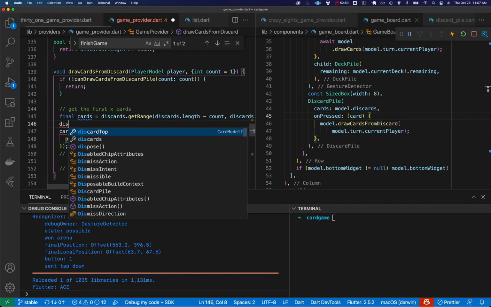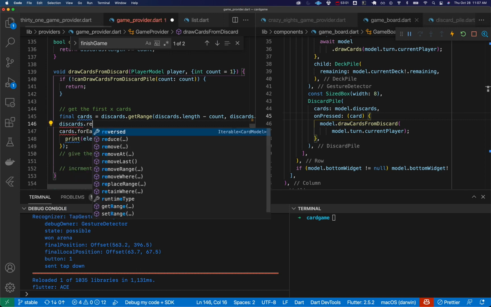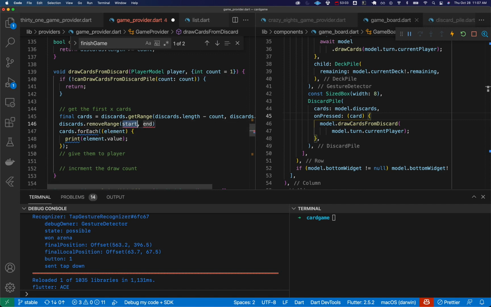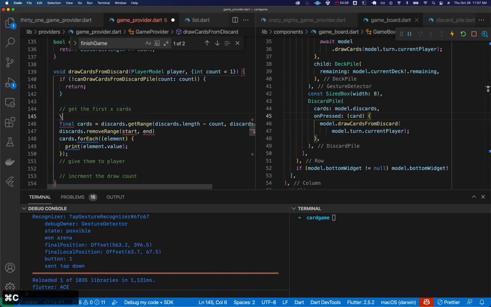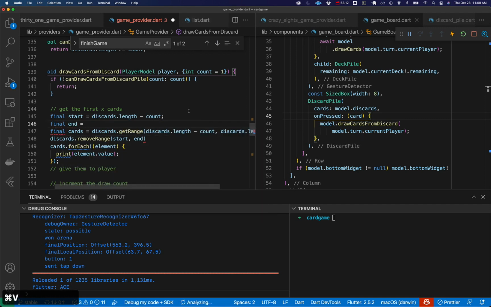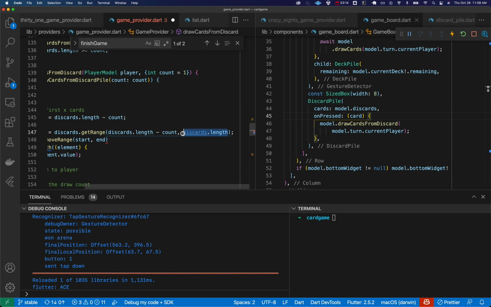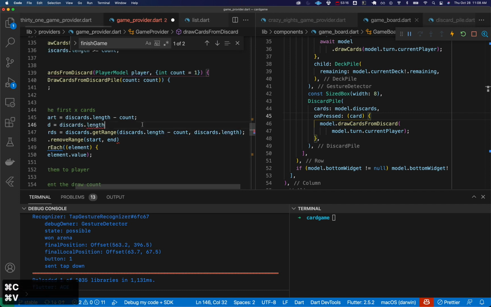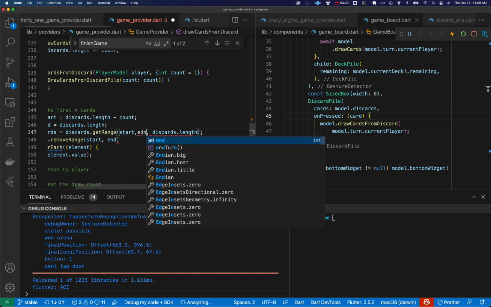Then we should be able to just go discards.removeRange, and we can use the same thing. And in fact, to do this, let's just do final start equals this, final end equals whatever we had here. That way we don't have to type this out so many times. So this would just be start, end